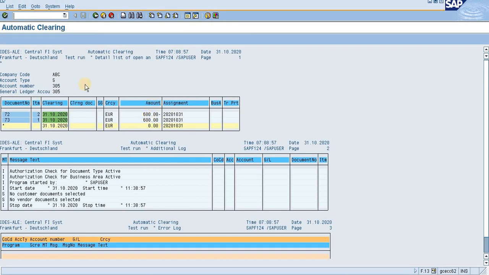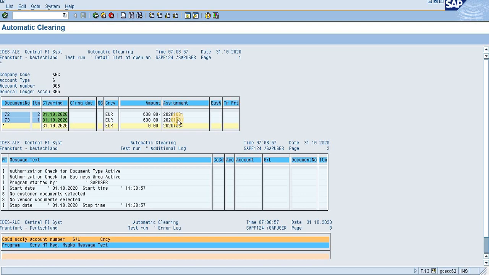See, system is knocking them off each other based on the assignment number logic, and that's how it is designed. Means we choose the short key, and as per the same, the assignment field gets updated, and at the end of the quarter, or at the end of the period, once business runs the automatic clearing, then system itself picks up all the items which can get cleared based on their assignment number.